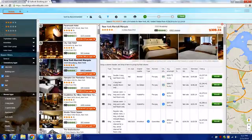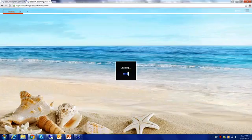So for example, we're going to choose this one at the top. This is the king room only. And we're going to book this room right now. So once we book it, pardon me,